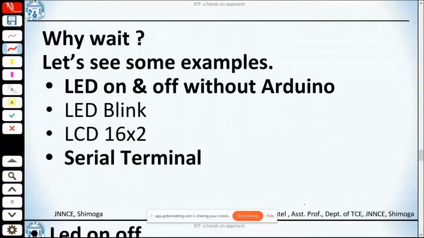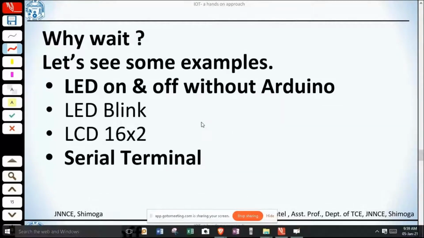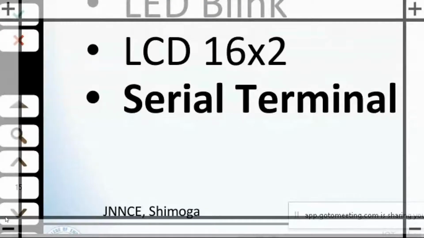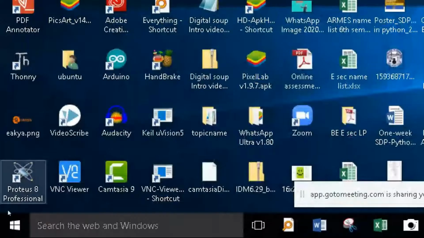Now let's take up a few examples and see how exactly we can work on the Proteus EDA tool. So this is where I'm having my shortcut. This is where we have our Proteus 8 Professional installed.